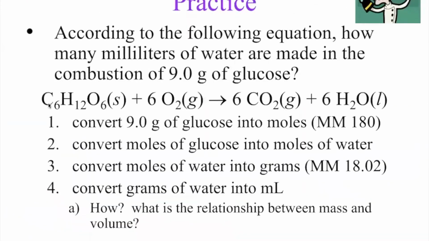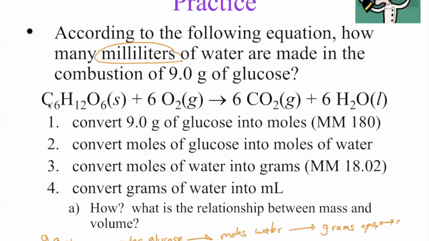Last but not least, this is going to have an extra step. Notice that the equation is given to you. They want to know how many milliliters of water are made in the combustion of 9 grams of glucose. So pretty much you're going to go from 9 grams of glucose, and then you're going to convert it to moles of glucose. Then you're going to go to moles of water. Then you're going to go to grams of water